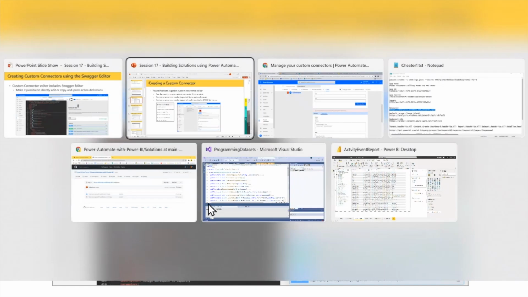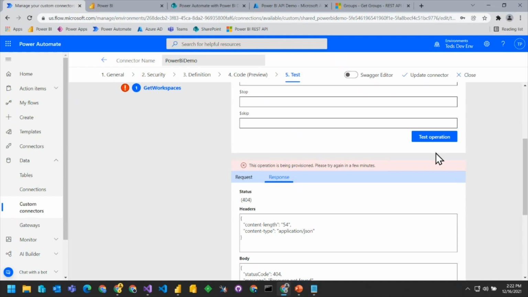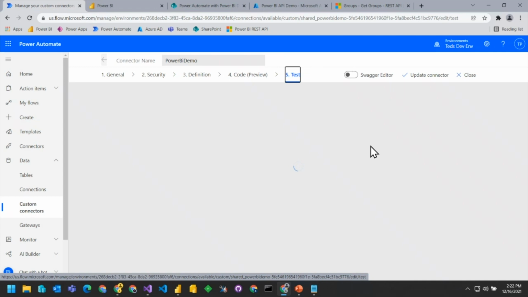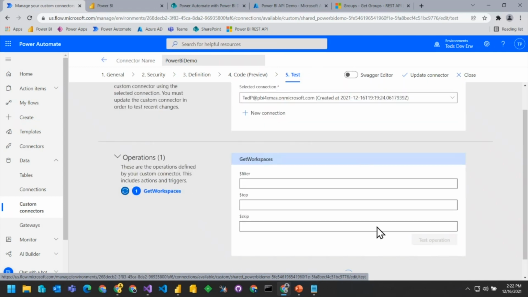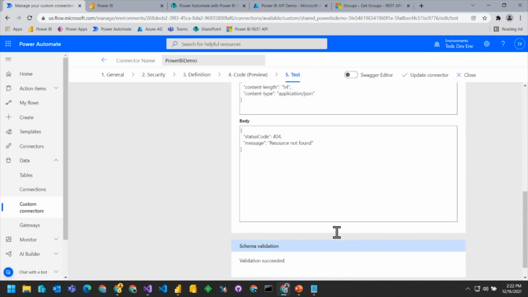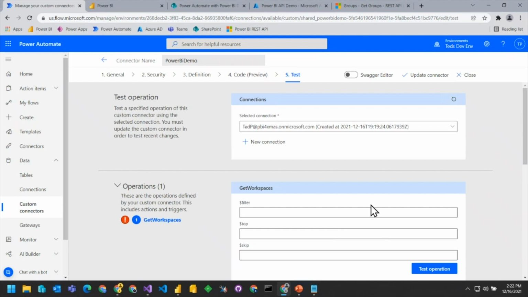Okay, let's go back here. And now let's go ahead and try one more time. Let me refresh this one more time. And as I refresh this, what I'm hoping is we can come back here and execute that. Okay, and still resource is not found. So let's not worry about this, but those are the steps to go through and create one of these.